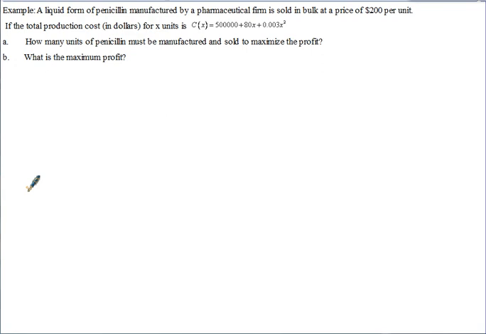price of $200 per unit. If the total production cost in dollars for X units is given by C of X here, how many units of panel cell must be manufactured to maximize the profit? Okay, so that's what we're trying to do, maximize the profit. So let's first define what the profit is. Simple equation for profit